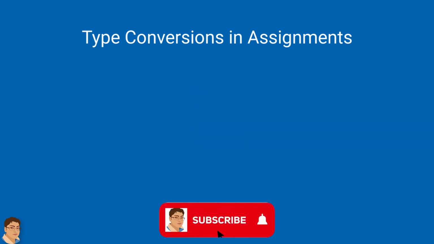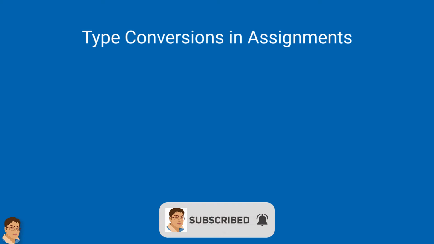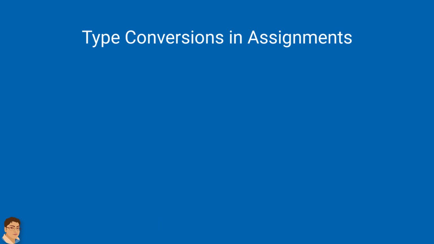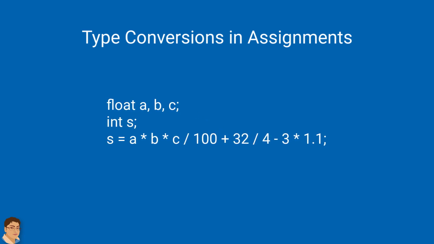Instead of a simple expression used in the above examples, if a complex expression occurs, still the same rules apply. For example, consider the following code snippet. Here, in the assignment statement, some operands are ints and others are floats. As we know, during evaluation of the expression, the ints would be promoted to floats and the result of the expression would be a float. But when this float value is assigned to s, it is again demoted to int and then stored in s.